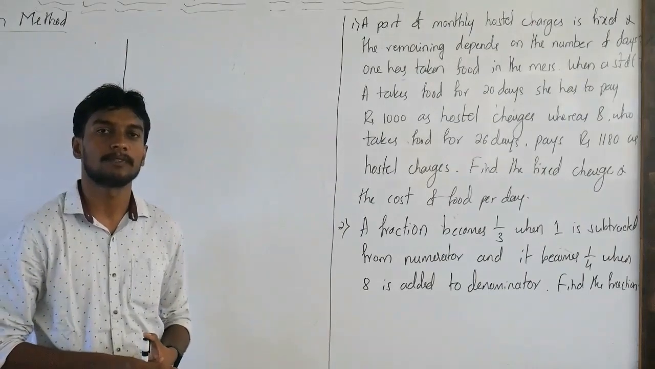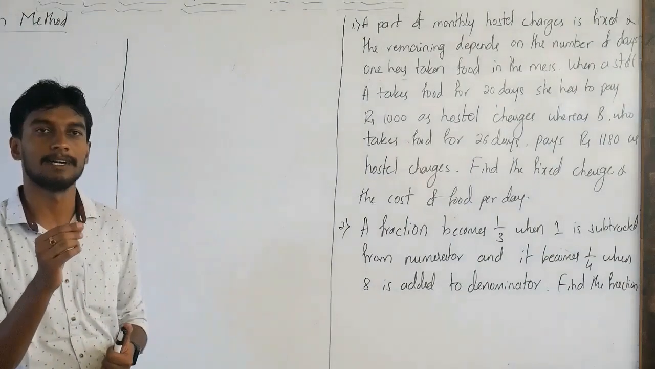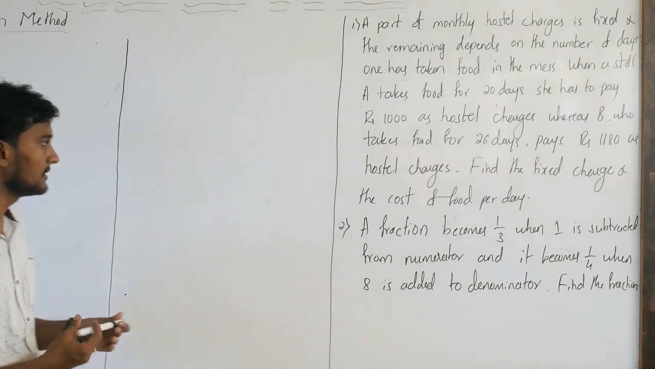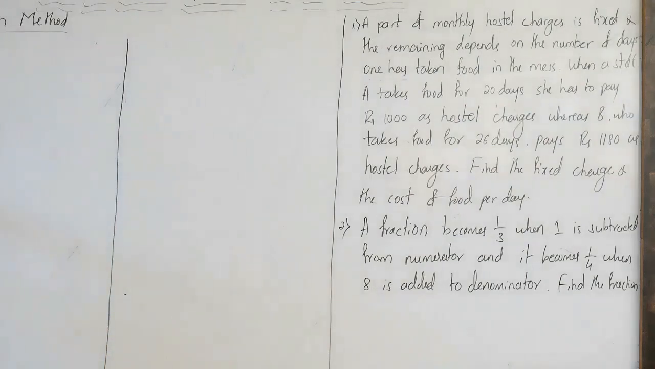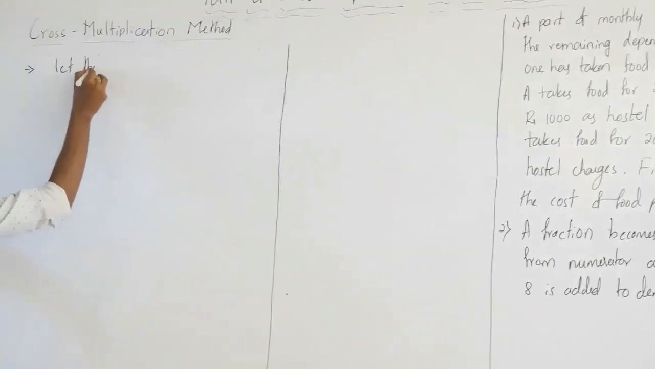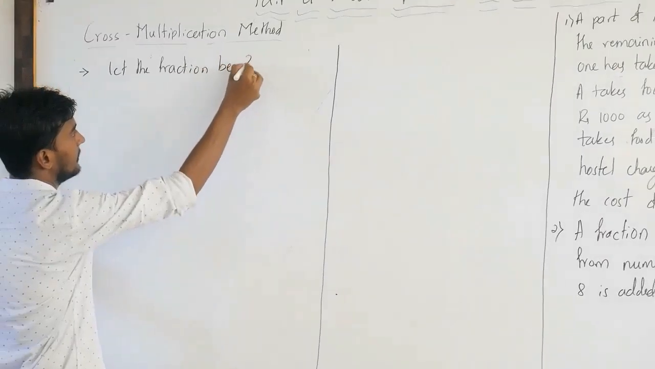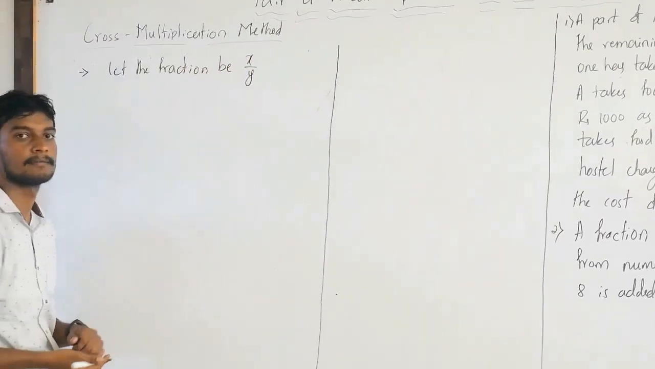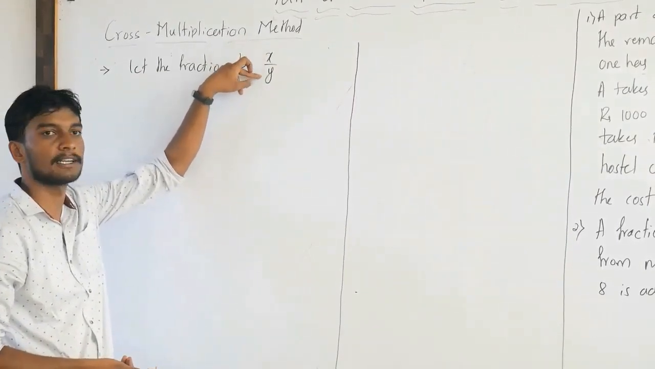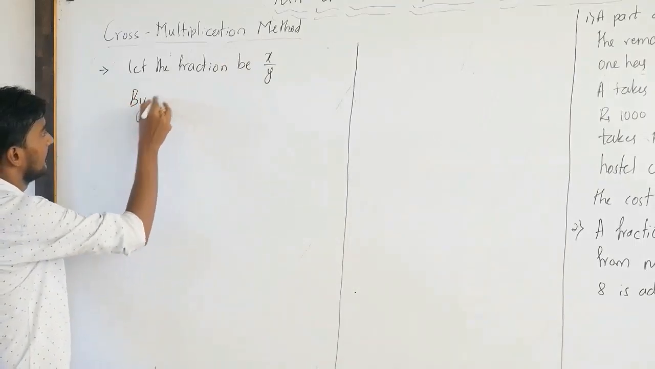Already you know the general form of a fraction. All fractions are in the form of p divided by q. Here we are considering the variables x and y. So let the fraction be x divided by y. The number in the numerator is x and the number in the denominator is y. So according to the condition,